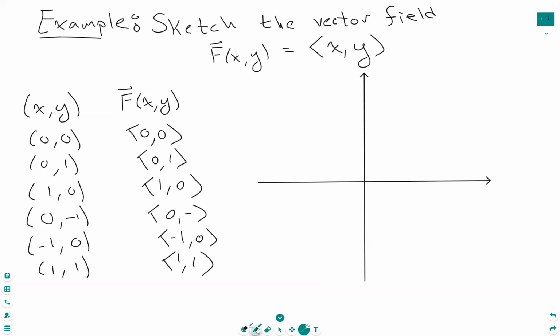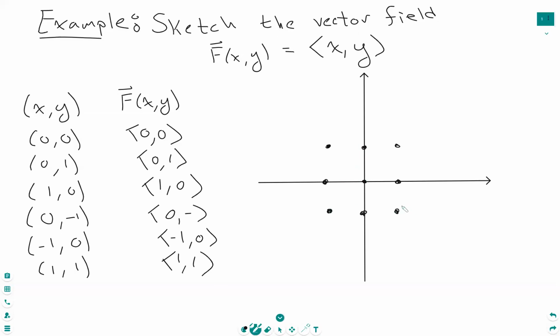So first, I'm going to go ahead and plot some points here. We've plugged in the origin. Maybe we've plugged in, this is 0, 1. And then maybe we've plugged in 1, 0. And then 0, negative 1. And then negative 1, 0. And then maybe we've gone ahead and actually plugged in